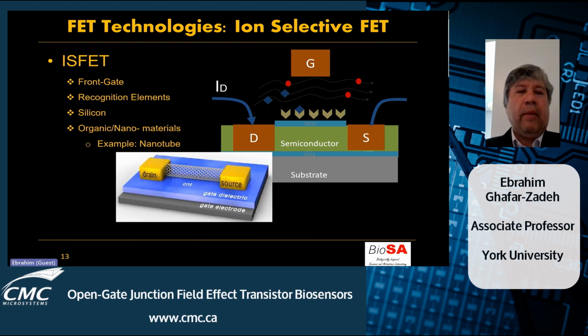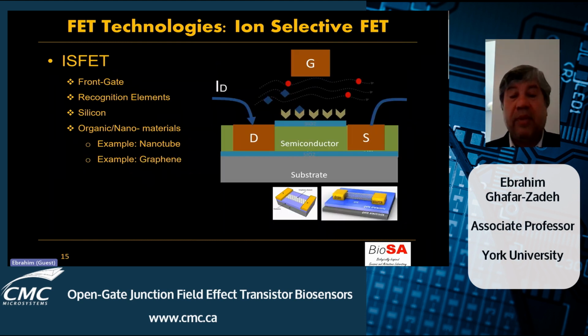So in addition to silicon, other types of materials have also been promoted in recent years. For example, carbon nanotube can be used as a semiconductor between the drain and source, and graphene can be used as another alternative. Indeed, these two materials, or other types of organic and nanomaterials, are being developed for different types of sensors,